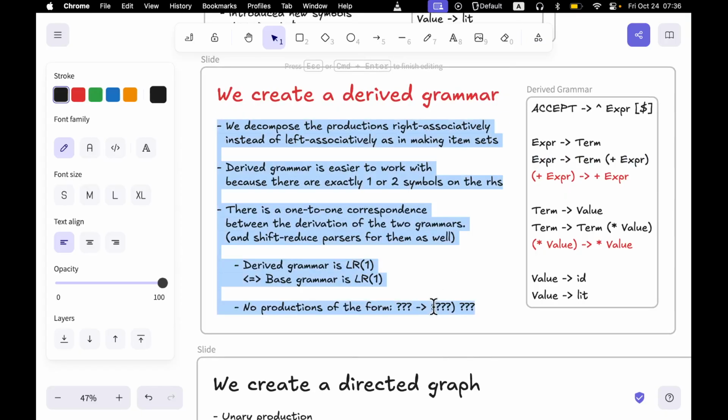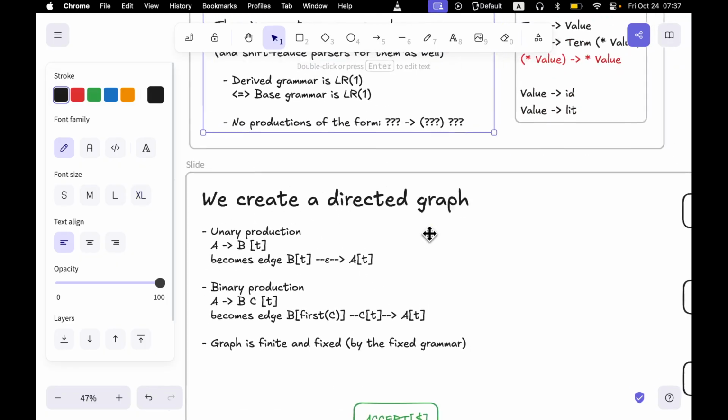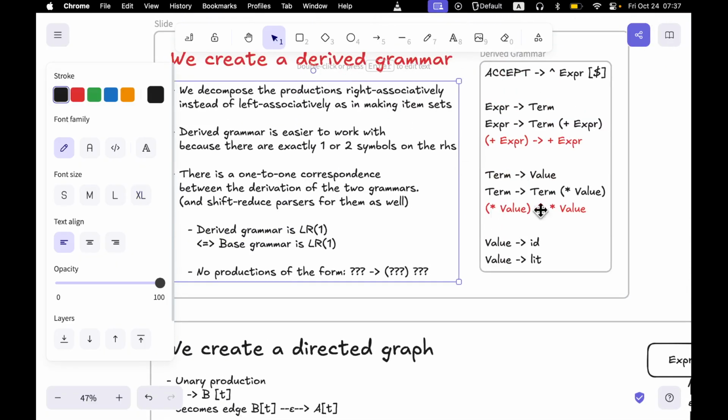And the effect is that when you write a parser for this, when you encounter a parenthesized symbol, you can only reduce. You can never shift. And you can only reduce until you encounter a symbol that appears in the original grammar. So that is the way to understand intuitively why the derived grammar and the original grammar, I'll call it the base grammar, have a one-to-one correspondence. Okay, so based on this easier to reason about rule,